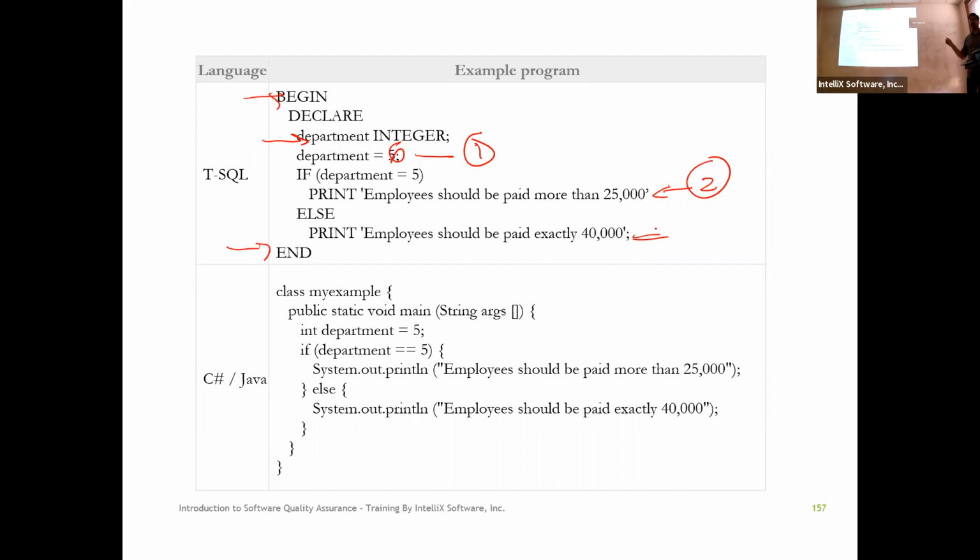Any questions on this one? Just understand how the conditional statement works. All right, then